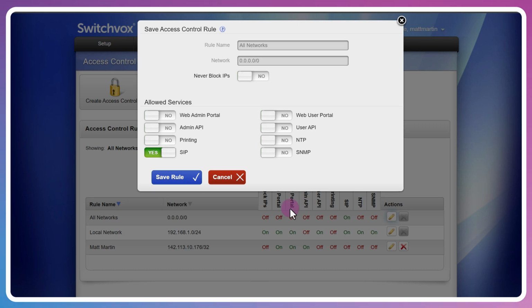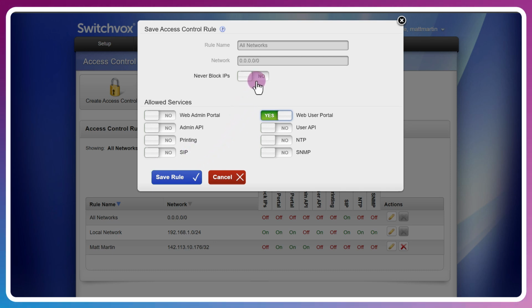If you don't need remote SIP traffic or want to specify the IPs of the remote SIP traffic users, you can disable SIP. And you could, as just an example, open up the web user portal so that users can manage their extensions through /main remotely. So I'll leave it to you to devise your strategy here.